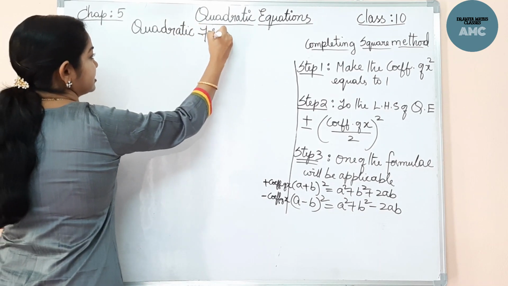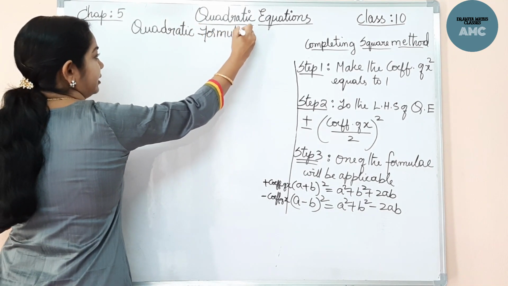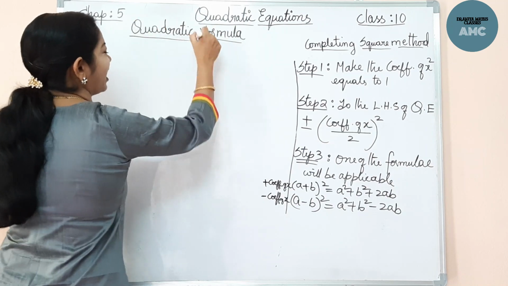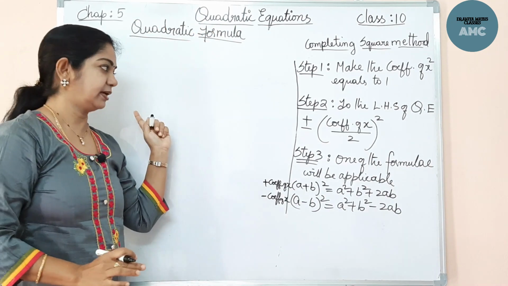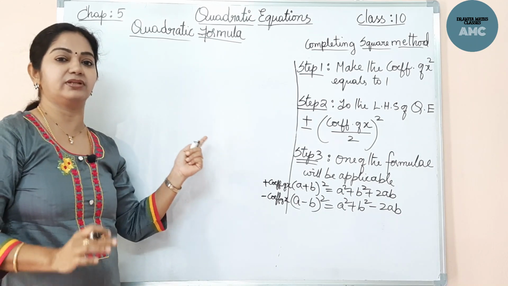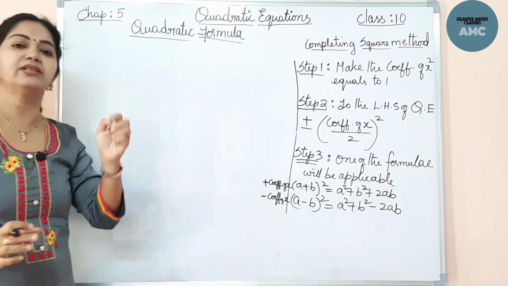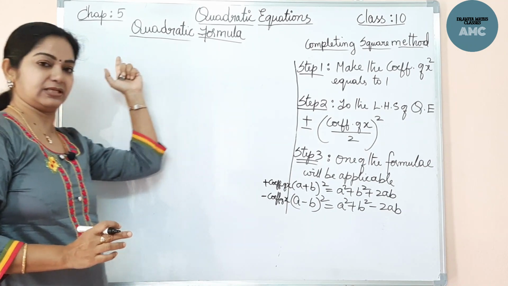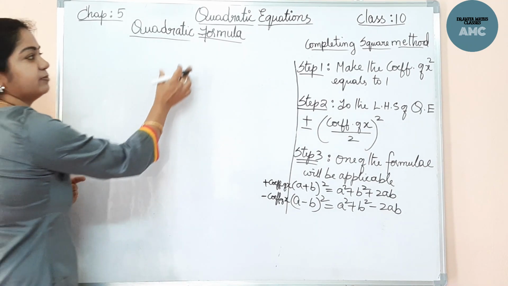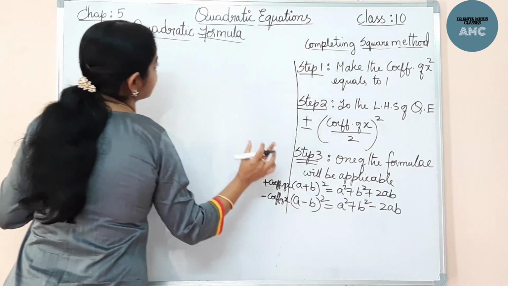This formula is important, right? The method of doing it, if you understand, is enough. It is not so important for the examination part. That means if you only remember the formula, it's okay. For you, to make you understand, I'm explaining how we will deduce the formula using the completing square method.